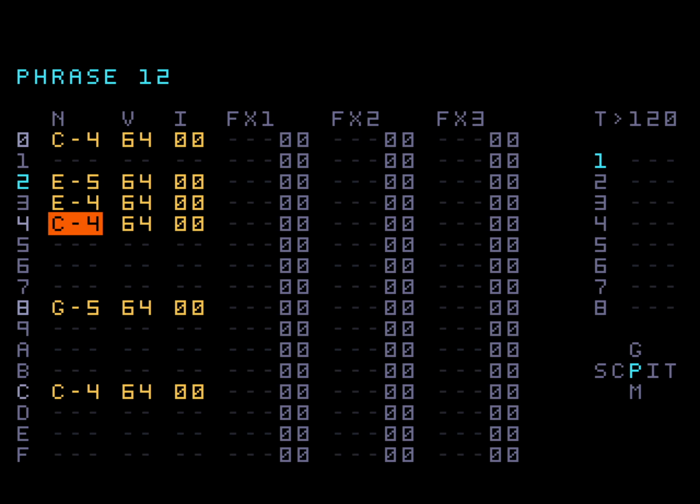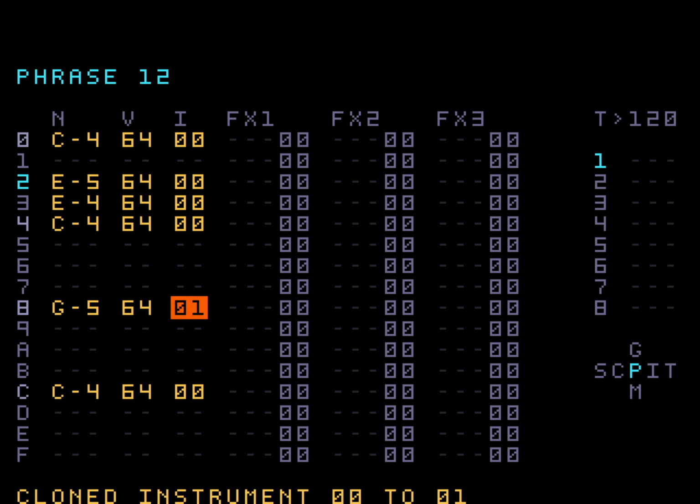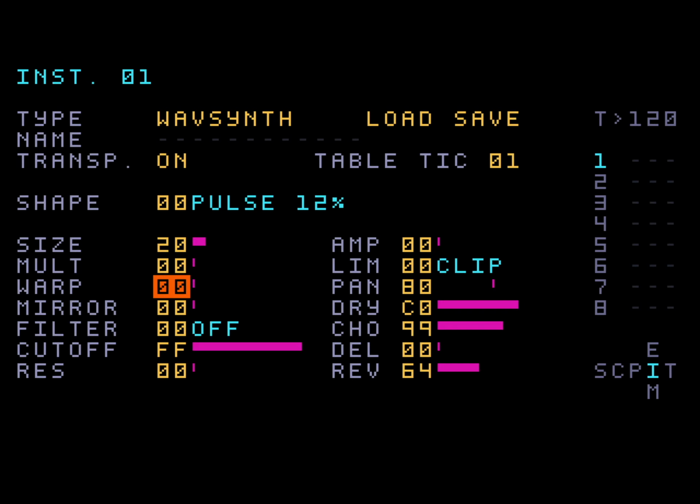you can vary almost everything per step or per note, really, or per row, I guess, depending on the way you want to think about it. So at the moment we've got these phrases and each step is playing the same instrument, but what we could easily do is duplicate the instrument. So now we've cloned instrument 0 into 0, 1, and then we can modify that instrument so it's got a different kind of sound, and then, let's see, add in a wee bit more reverb or something like that,